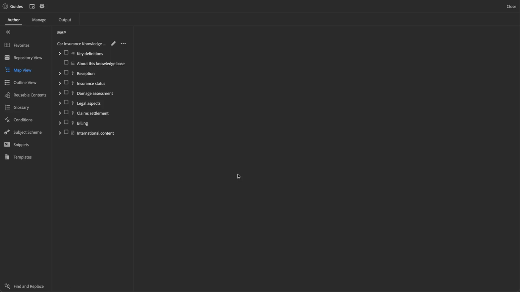In this video, we want to have a look at the powerful PDF publishing possibilities in Adobe Experience Manager guides. Of course, there's DITA-Open Toolkit built in, and you could use that. And if you have existing DITA-Open Toolkit configurations, you can use them to use DITA-OT for publishing XML content, database